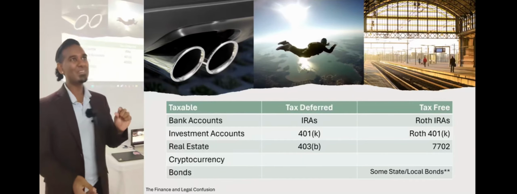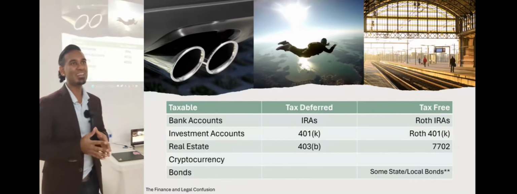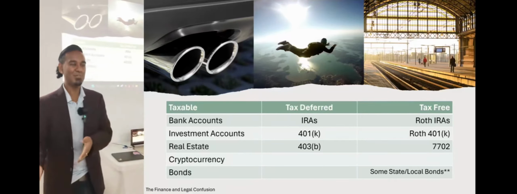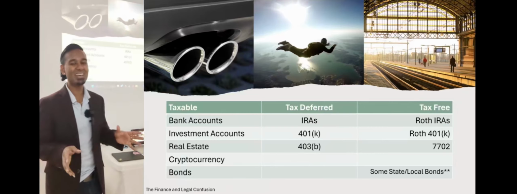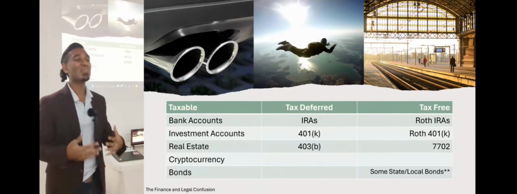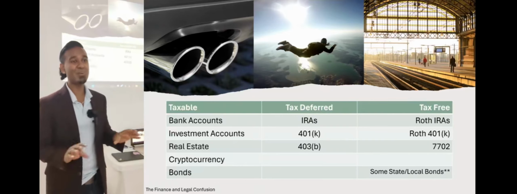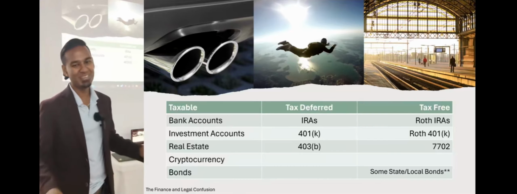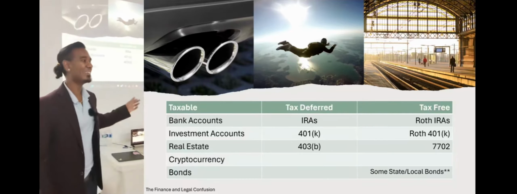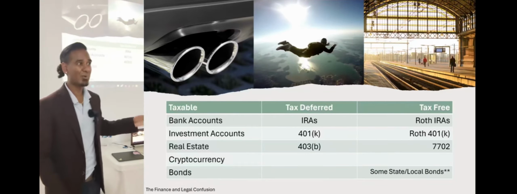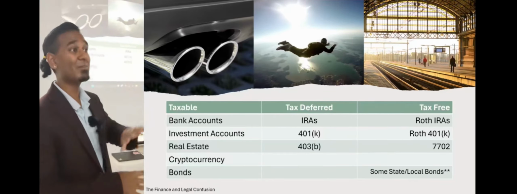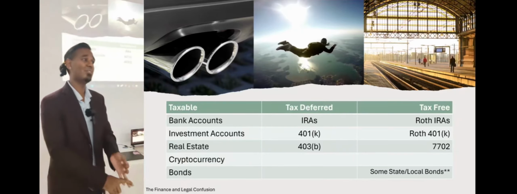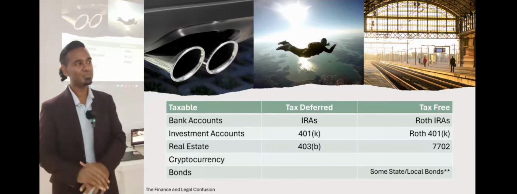There's very little benefit to that, and the biggest thing is that if you expect to be in a lower tax bracket in the future, tax deferred helps you, but no one can say what tax will be like in the future. So that's why I always prefer to pay tax now, because I want my money in the future to be tax-free. Always, right? So for tax-free accounts, if you have the option to do Roth 401ks or Roth IRAs, those are the best types of retirement accounts, because you pay tax now, but your earnings and the money you take out, all of it is tax-free at the end.